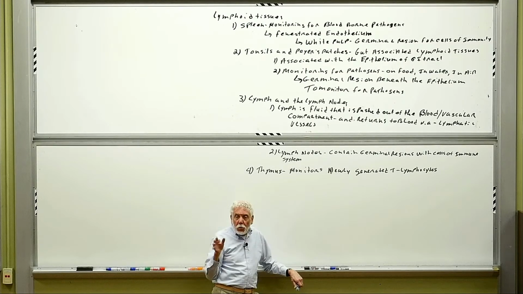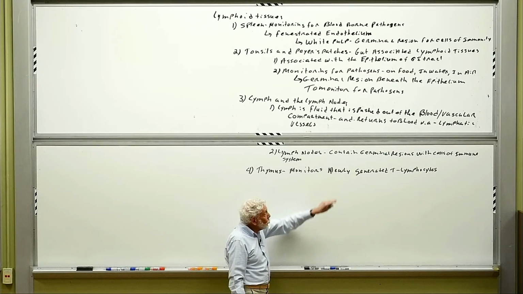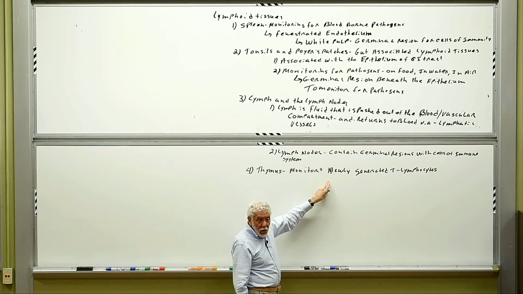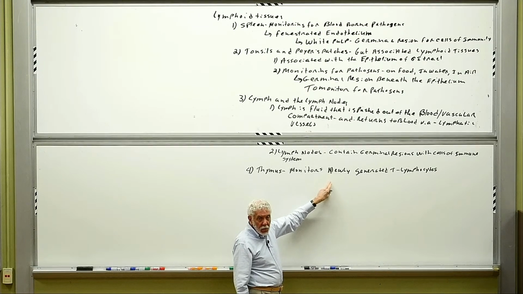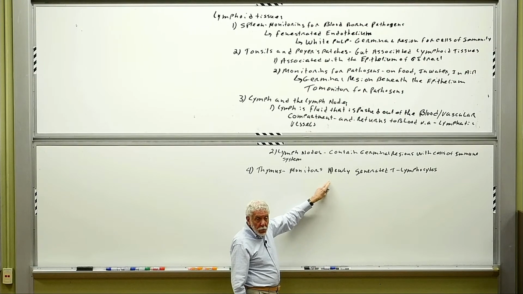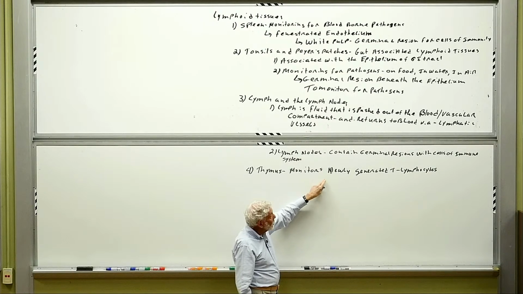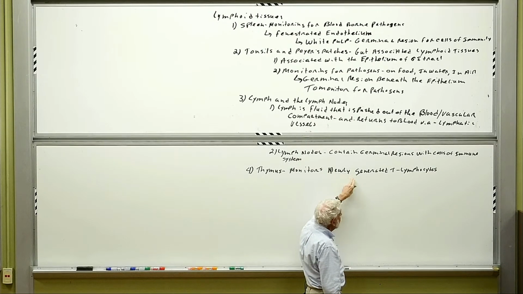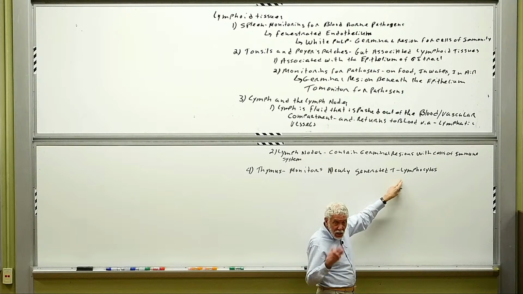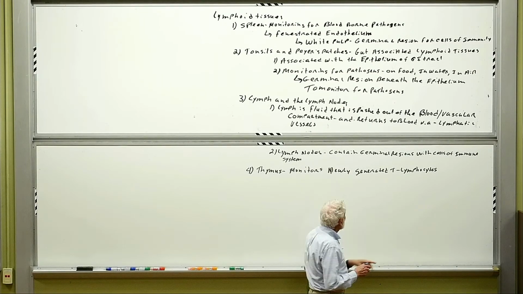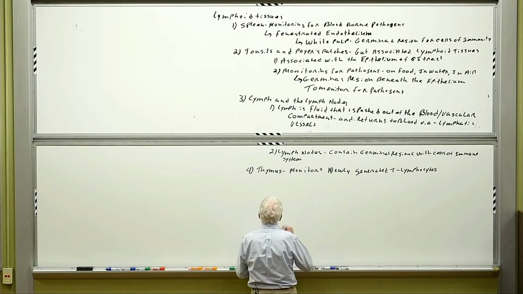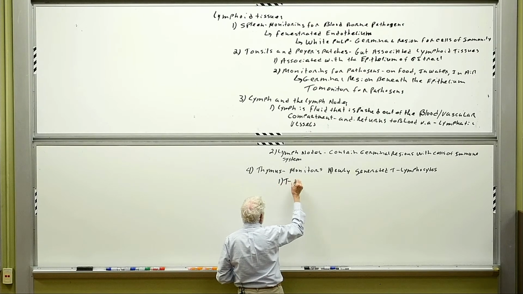All of the cells of the immune system, all of the erythrocytes, all of them originate in the red bone marrow. And that's true for lymphocytes as well. They're born in the red bone marrow, but they have to mature and be selected in the thymus. So we're going to see that these newly generated T lymphocytes leave the red bone marrow and migrate to the thymus. And in the thymus, T cells, or T lymphocytes,